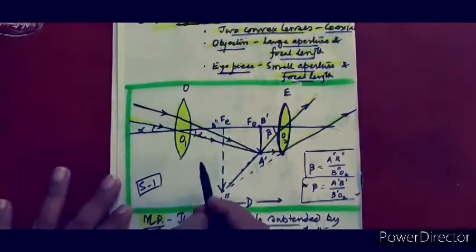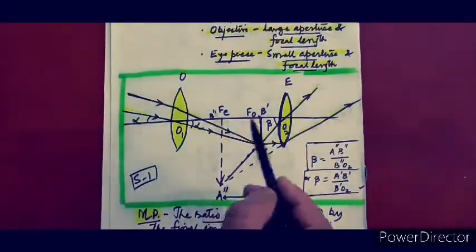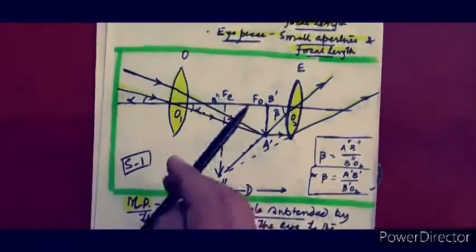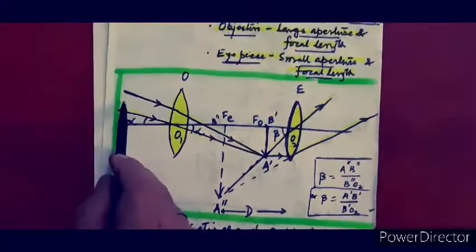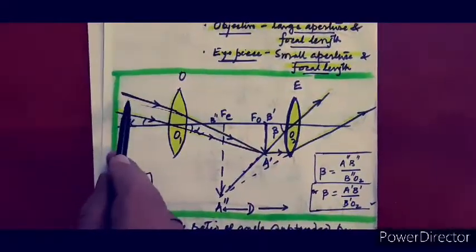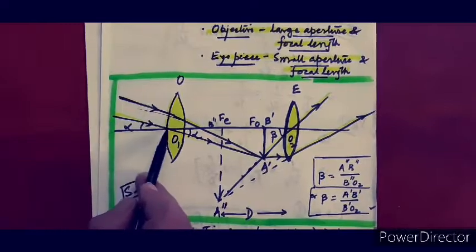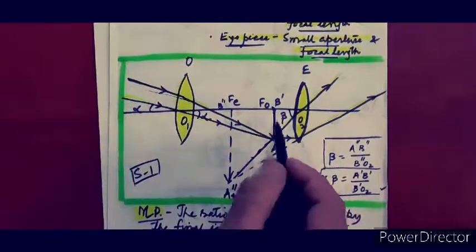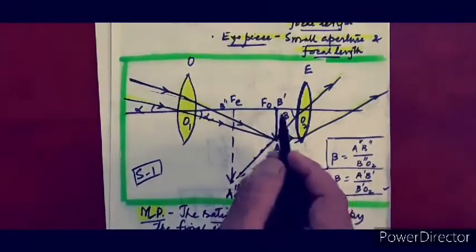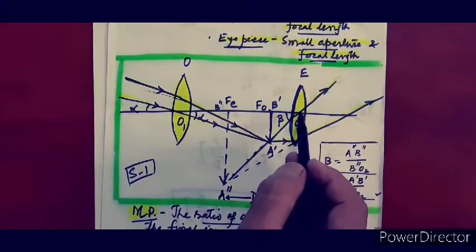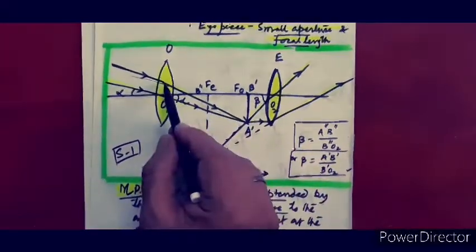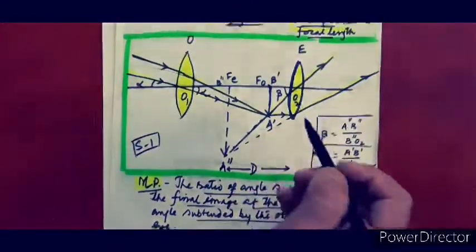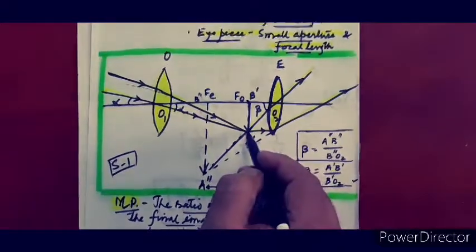Now see the ray diagram. Objective, eyepiece. Where is the object? Object is very far off. Astronomical object, we are going to see it very far off. So we are taking the beam of light, ray of light incident on the objective, and it focuses at this particular point, FO. FO means the focus of the objective, and FE means focus of the eyepiece. So here it is going to fall.